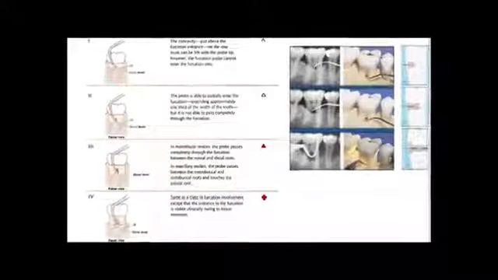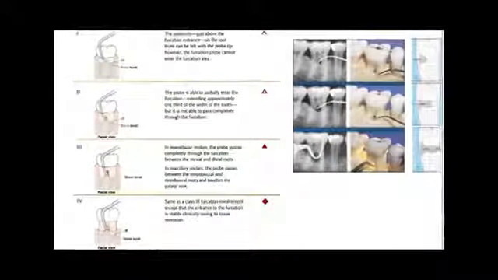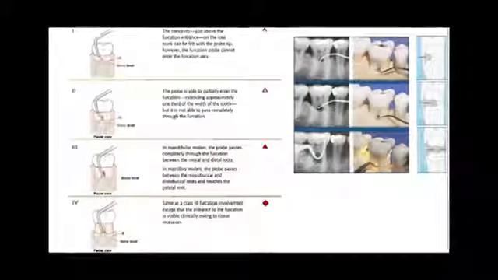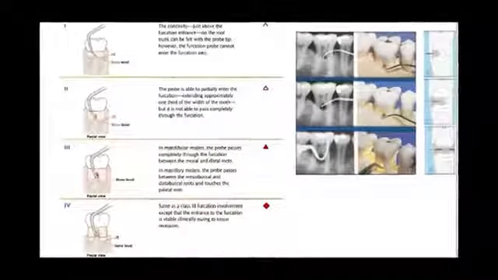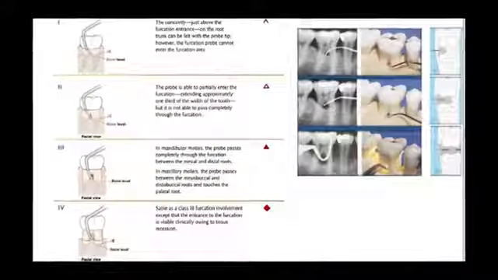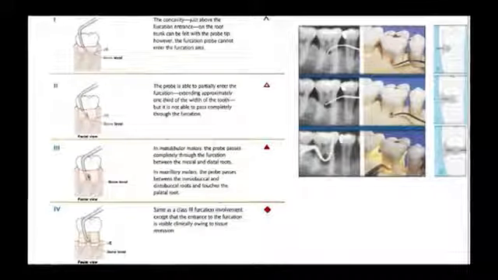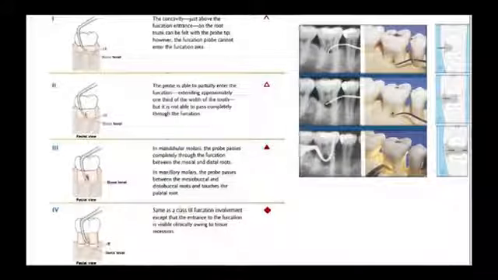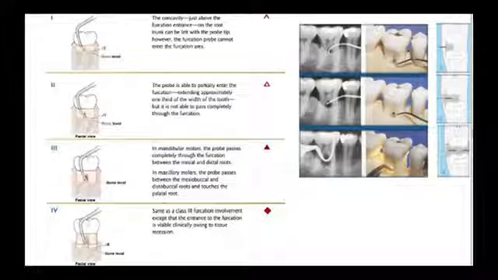And that has been elucidated again along the sides here. Grade 1, rather grade 2, the probe part of the bone has been eaten. I hope you can see this. Oh, it has been blocked. But you can see it there, right? So you can see that the gray area is the defect in bone. We still have reasonable bone in the furcation area. Grade 2, almost, if not all, the bone has been eaten out. Sorry, this is early grade 2, this is late grade 2. Grade 3 is when you can probe through and through. And grade 4 is when there is recession associated with this such that you can see through.